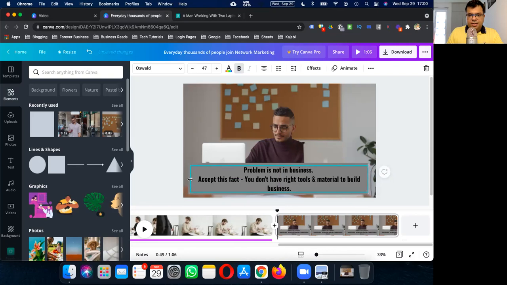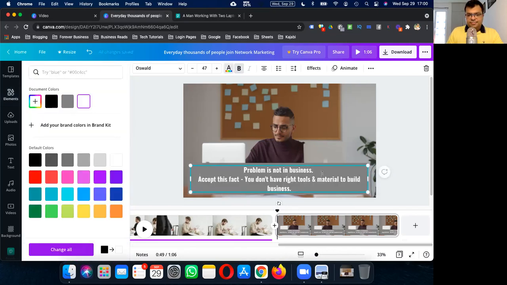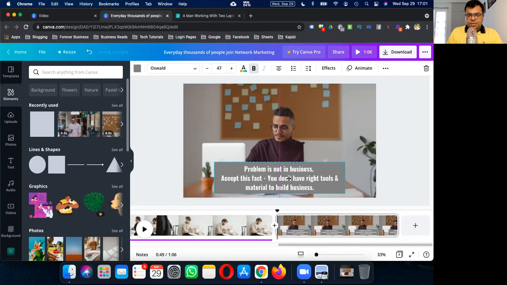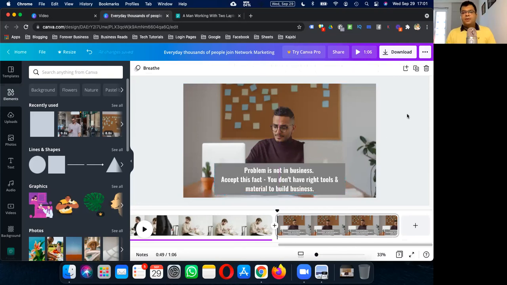Okay, so it looks good. Now changing this color to white. Keeping it in the center line this way. Problem is not in business, accept this fact, you don't have the right tools and material to build business.